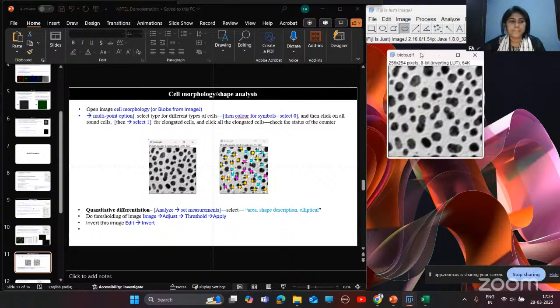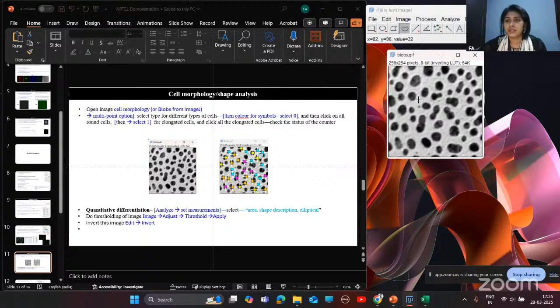Here you can see there are several cells which are somewhat elongated, some are small and circular, and some are just going to divide, or they have just divided.